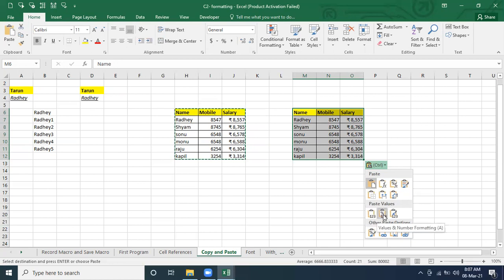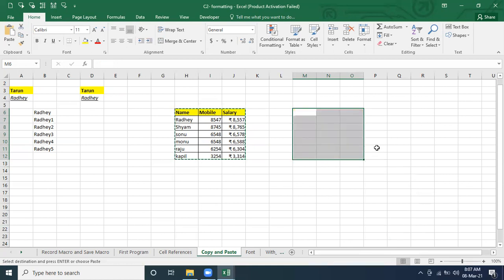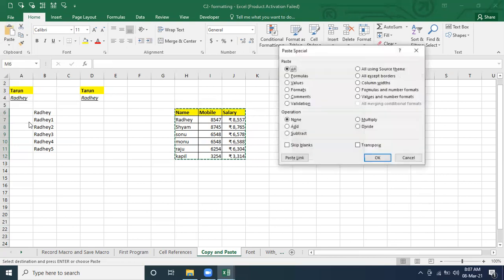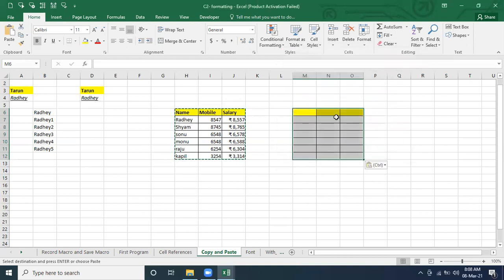In Excel, there is no format option here. So what do we have to do? Instead of this way, we can go to the paste special options, and then go to paste special, formats only. It's not going to paste the values. It's going to paste only the format, not the value. And let me click on OK, and it's pasted here. Correct? Only the format.